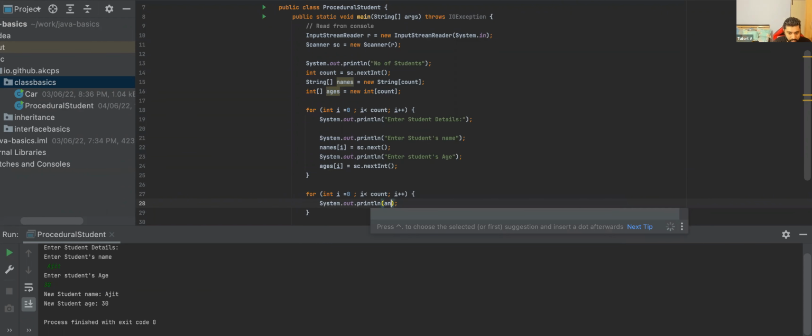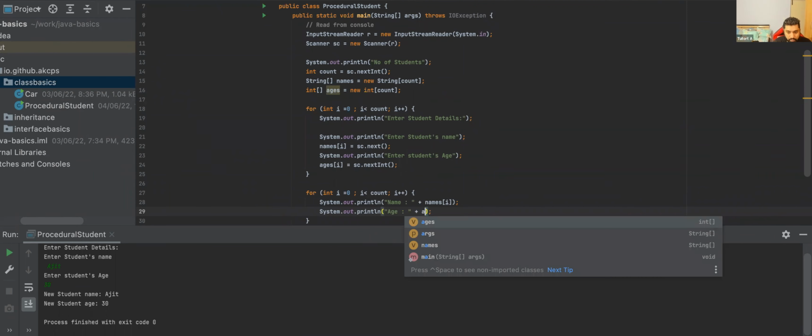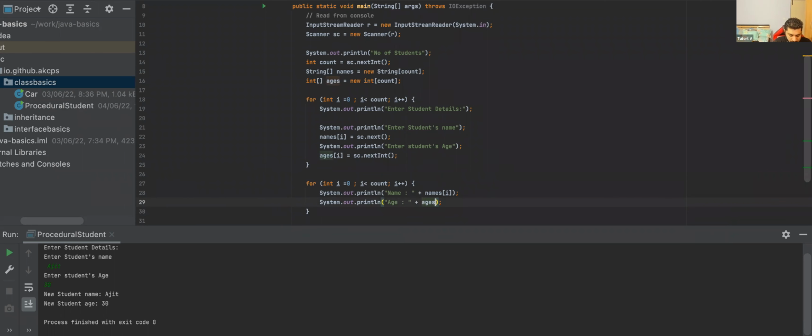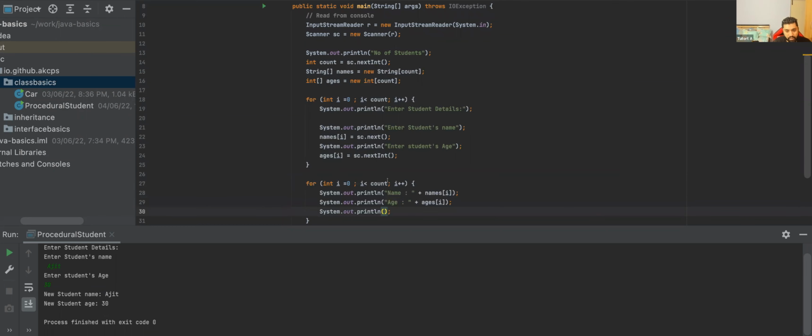I would want to format it better, so I'll just basically use name of i, and I would just say age. Use the same formatting thing. Ages of, and just to have some better formatting, just call this as